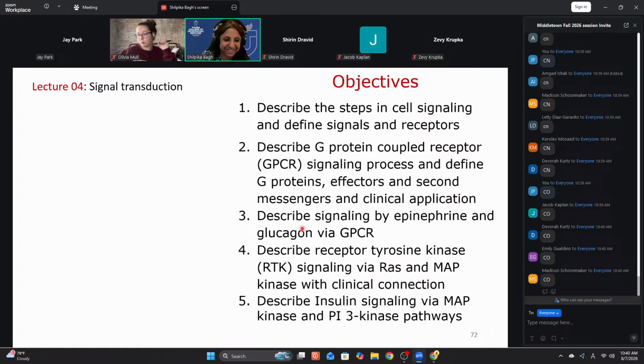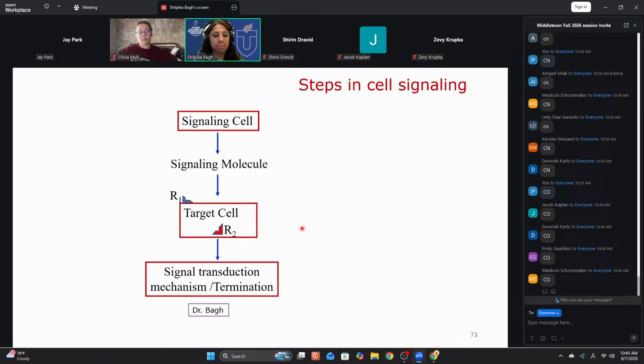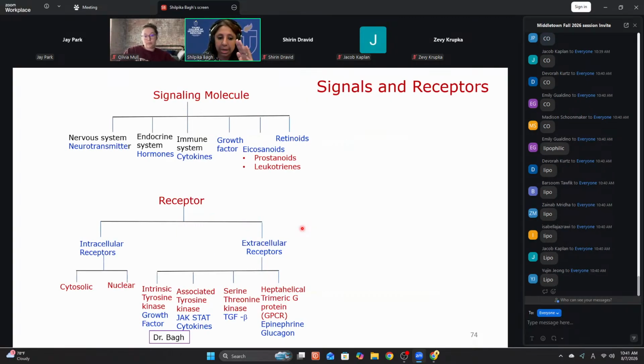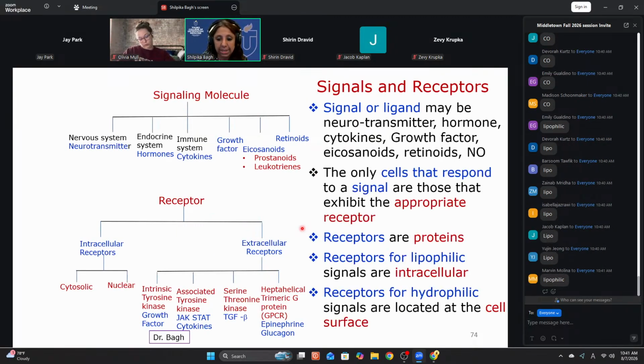We can easily complete signal transduction. Are you ready? Signal transduction, how would you go about that? Signaling molecule, receptor, signal transduction mechanism. Don't miss any link. Signaling molecule, hydrophilic or lipophilic. Which one uses intracellular receptors? Lipophilic, keep them separate. They work at the level of genes: steroid, thyroid. Then hydrophilic messengers use plasma membrane receptors. Please divide them into three types: heptahelical, tyrosine kinase, serine threonine kinase.